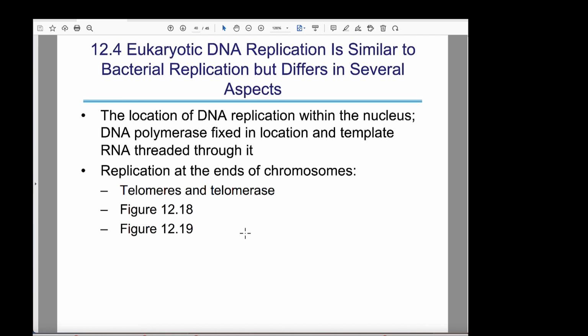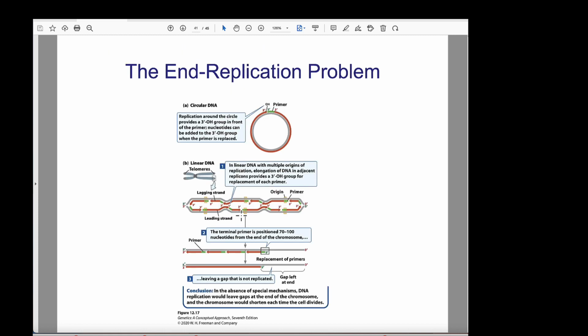So the replication of the ends of the chromosomes in eukaryotic cells presents a problem. Because remember, there are primers that are removed after each round of replication, and so if you're not careful, the ends of the chromosomes can get shorter and shorter. Once the primers are removed, it leaves a gap that is not replicated. And so it is important that telomeres, and this was a study that was done to understand this even more,